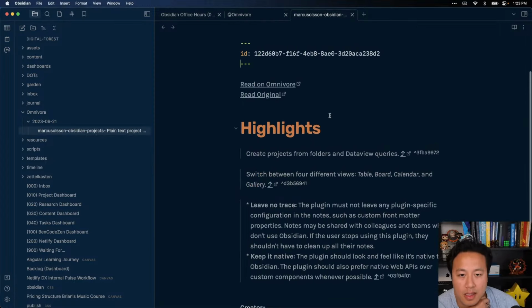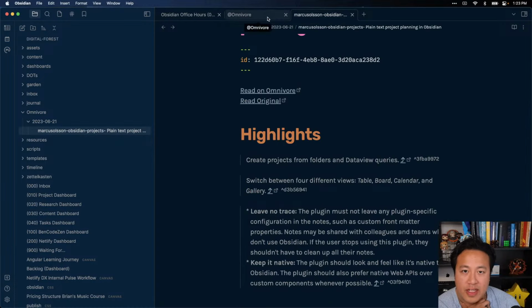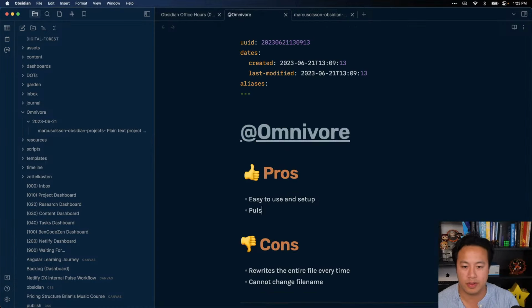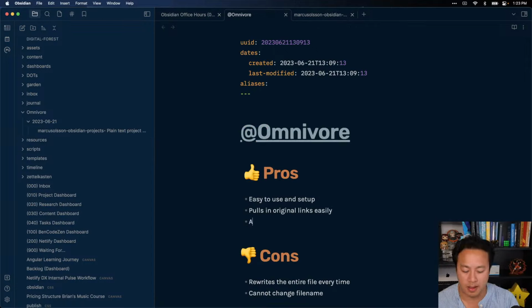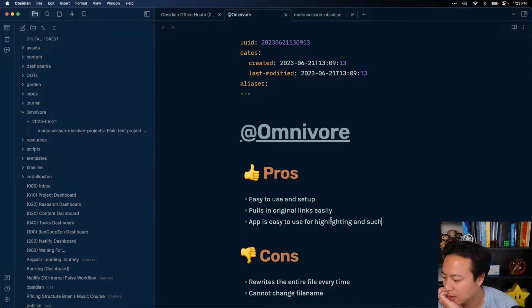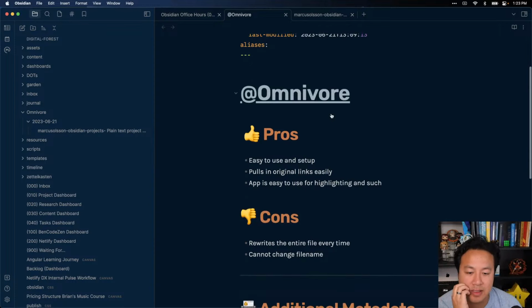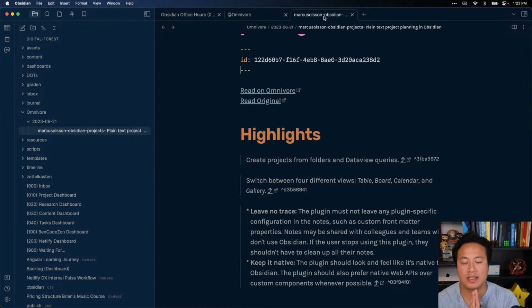Okay. I like the fact that it pulls in links easily. Pulls in original links easily. App is easy to use for highlighting and such. Developer said he's working on a fix. Okay, very cool. That's great because, okay, so as always, when we talk about features of software and apps, the